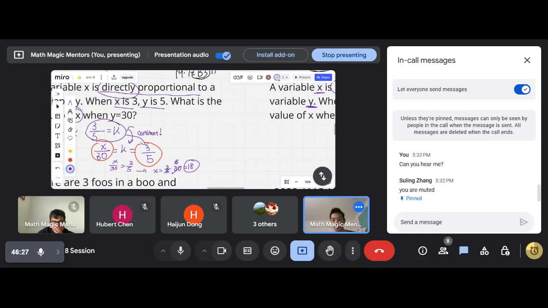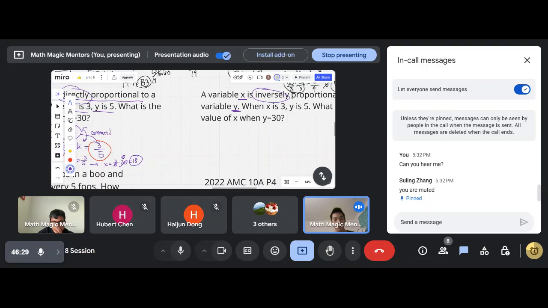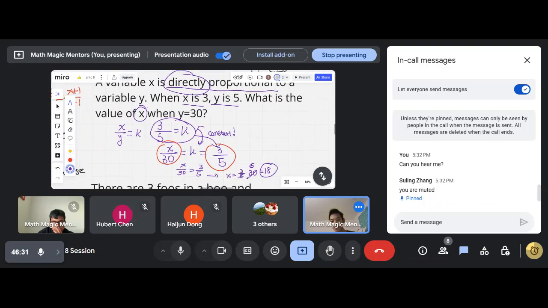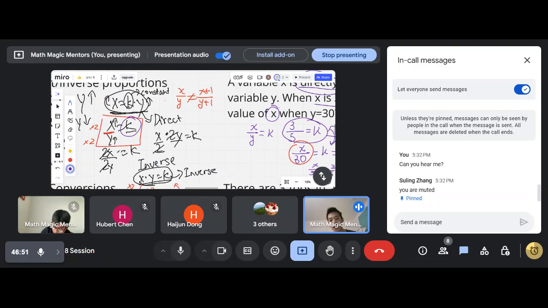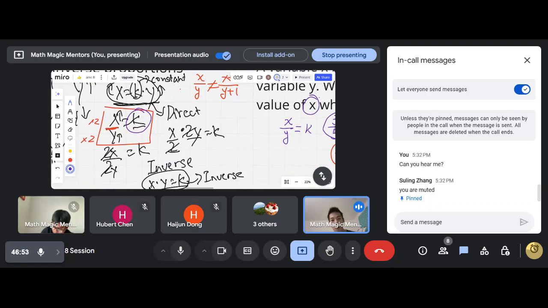Well, if we're relating this problem with the previous one, we can see that if x and y are directly proportional, we can write the fraction. We can write the quotient between x and y as just a constant, so it just never changes. Also, an important thing to note is that there's nothing special about x and y in all these